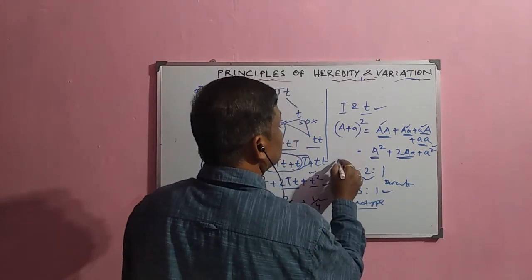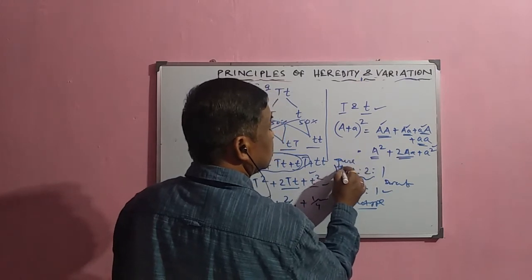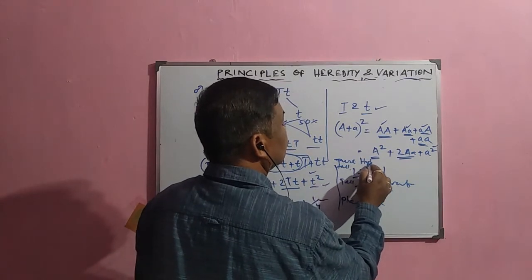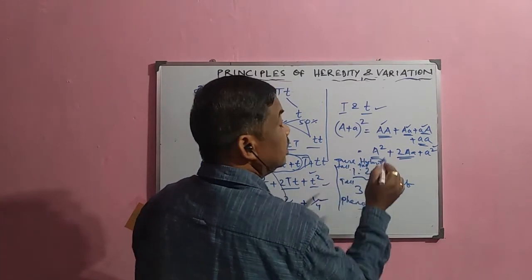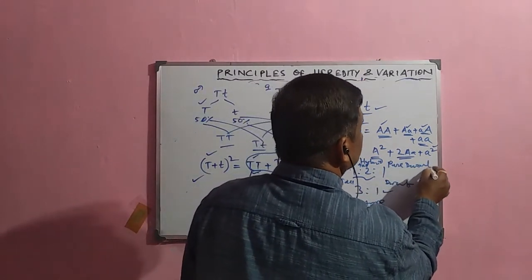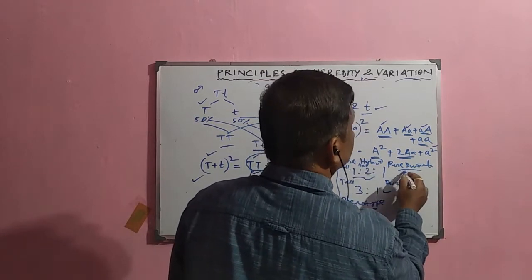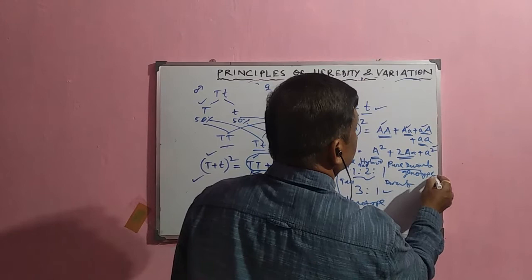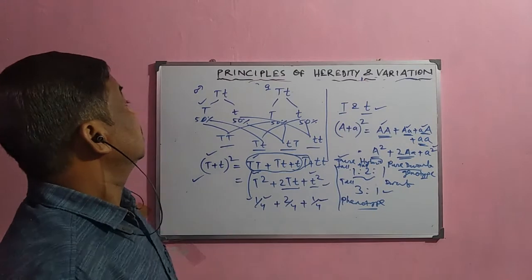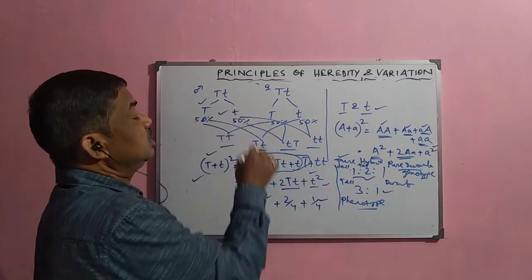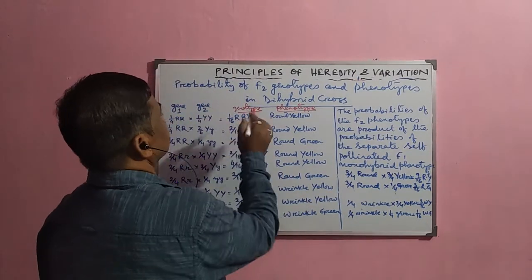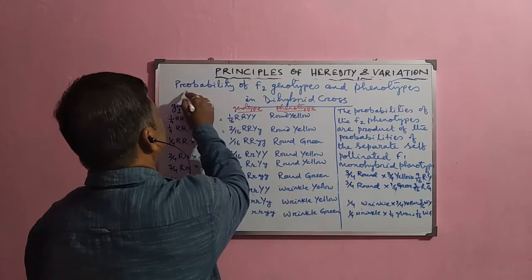And this is the pure tall, which is 1. These two are the hybrid tall or heterozygous tall, and it is the pure dwarf. This is the pure dwarf variety. Then this is the ratio of genotype of this F2 offspring. So Mendel explained this monohybrid cross experiment by his probability theory. Okay. Now Mendel also explained the dihybrid cross in the probability theory.